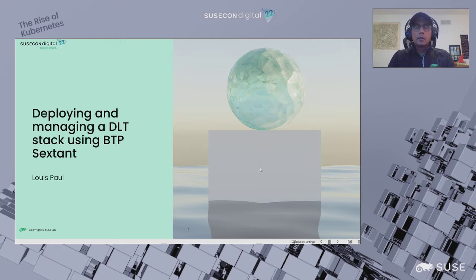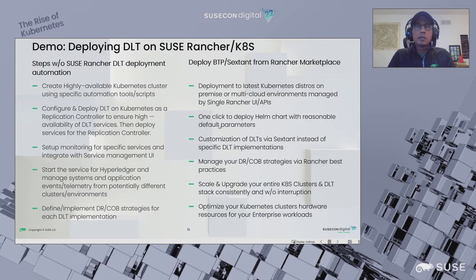So the first thing you want to do when you're starting to create a blockchain environment is to prepare ahead how you want your cluster to be defined, and all the other steps you're going to take to make it highly available as well as resilient. So what is entailed here? Well, you have to figure out the amount of resources you're going to use. You're going to have to make decisions on the automation tools you're going to use to create the cluster and maintain it, not just day zero, but day one and day two operations that you want to do with it.